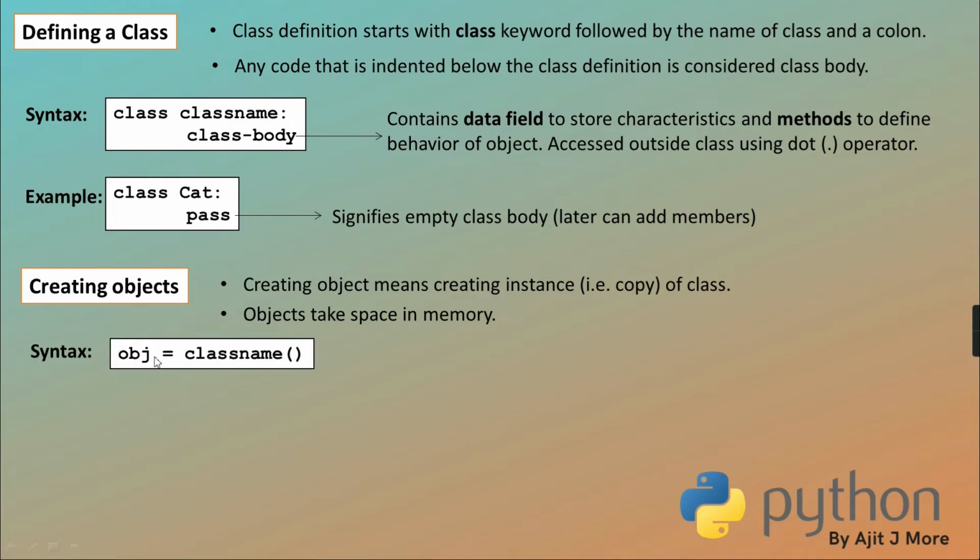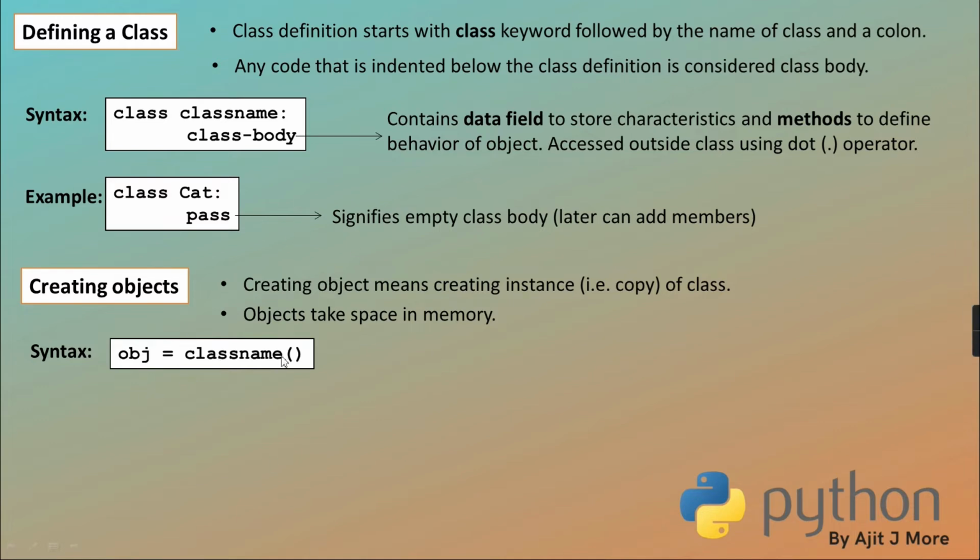Now, what is the syntax? I told you, object name equal to class name round bracket. Now, many may have a question, why do you write round bracket? It is actually a function call. Here one more magic method is called, and that magic method is called a constructor. But for the time being I am avoiding that terminology because we are going to come to that topic again separately, that is, what do you mean by constructor? So we'll be learning that too, don't worry.